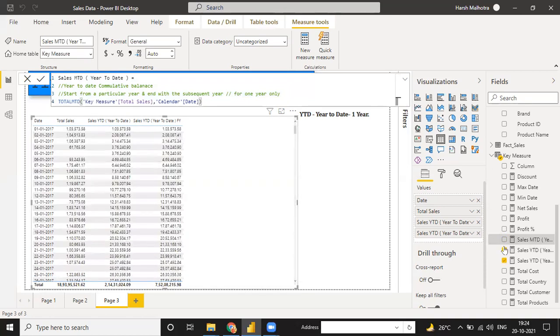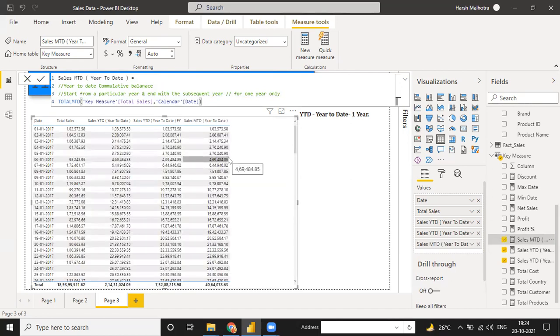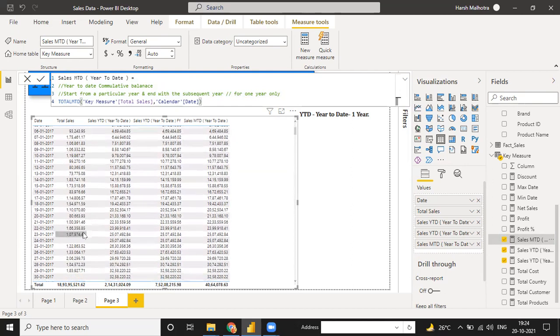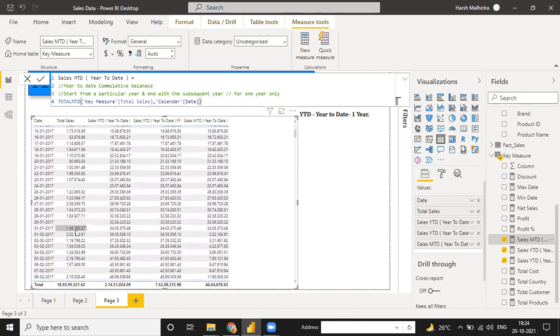See, go to this sales YTD value, and see, starting from 1st January 2017 and ending with 30th, 31st Jan. Then starting from the 1st of Feb. So same thing in MTD, and we have one more function instead of MTD, which is QTD.